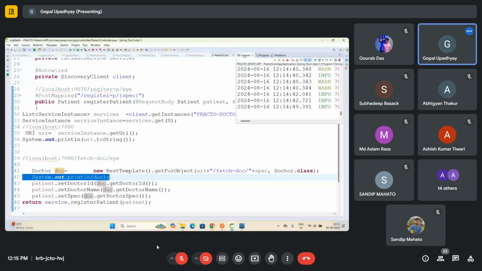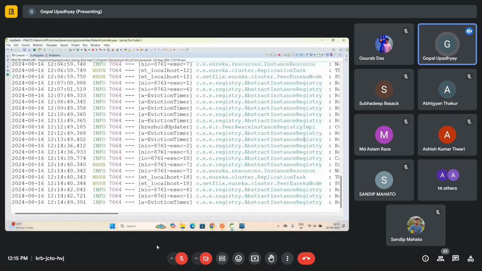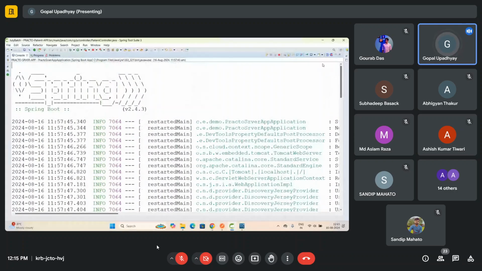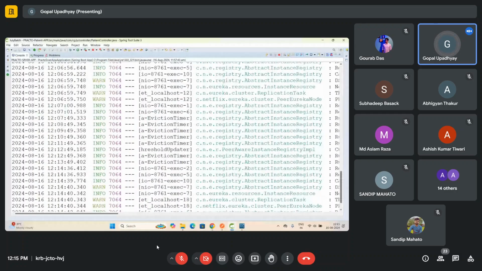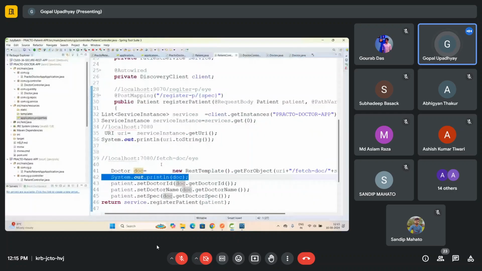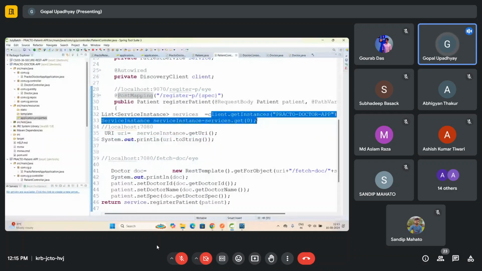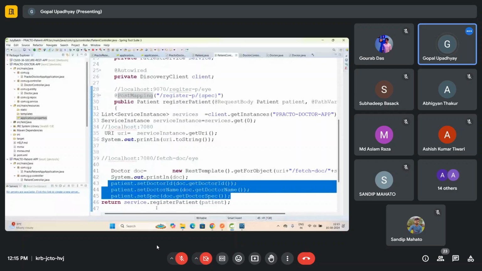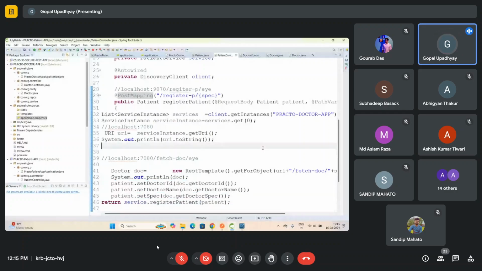ये जो ऑब्जेक्ट डॉक का वैल्यू है, ये दिखाएगा। लेकिन ये सर्वर ऑटोमेटिक हमेशा चलता है, इसलिए वो रिफ्रेश कर देता है। लेकिन आप रन करेंगे तो इसमें फर्स्ट टाइम आएगा। या लॉगर में आप लॉग में लिखना चाहते हैं तो लिख सकते हैं। तो ये ऑप्शनल है, लेकिन ये इंपॉर्टेंट है। क्लाइंट डॉट गेट इंस्टेंस, सर्विस डॉट गेट URI, रेस्ट टेम्पलेट डॉट गेट फॉर ऑब्जेक्ट, और ये पेशेंट ऑब्जेक्ट के साथ बाइंडिंग, और ये सेव कर रहे हैं हम डेटाबेस में। ये कंट्रोलर में हम काम कर रहे हैं।